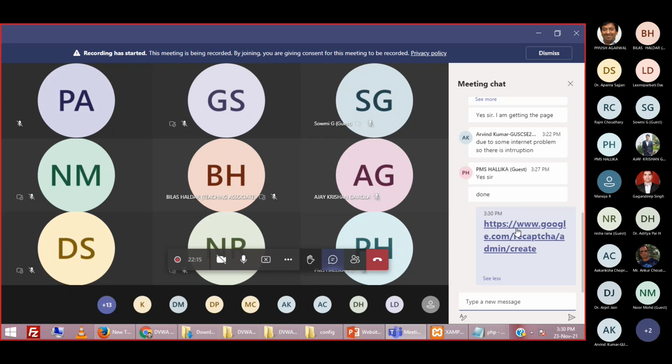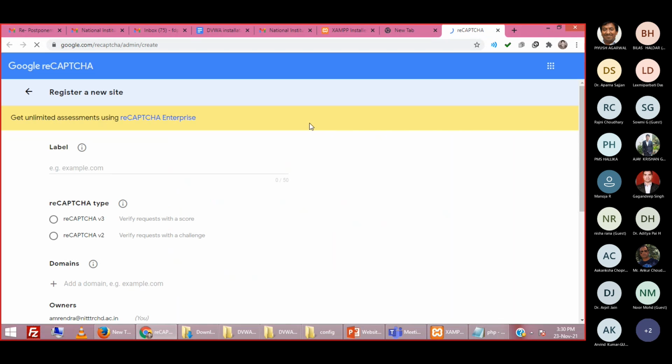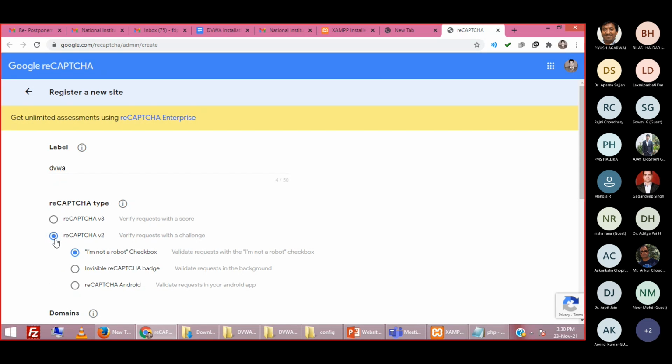After opening this link, you have to create your reCAPTCHA. In label, you can write anything, DVWA, you can write here DVWA. Then you have to select version 2.